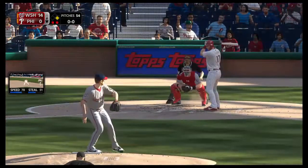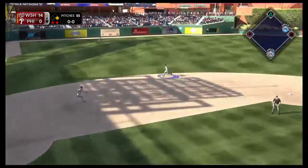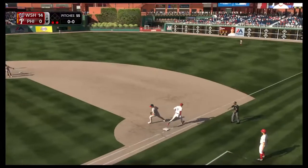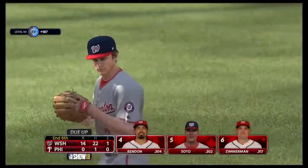And that'll bring up the Sacramento product, Rhys Hoskins. He's hitless in his 2 at-bats so far. So they do get their first hit, but their first run will